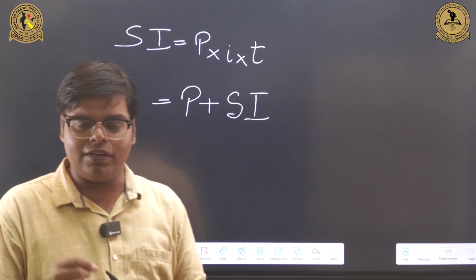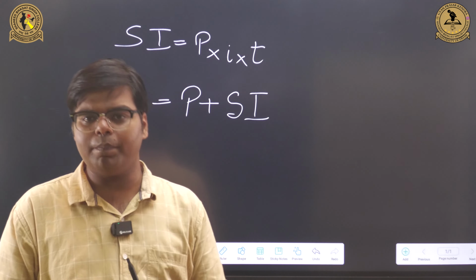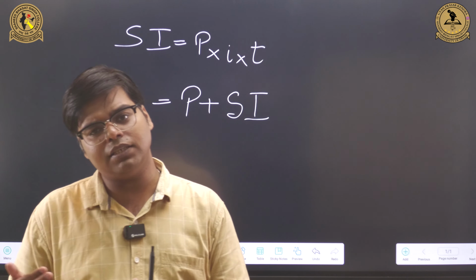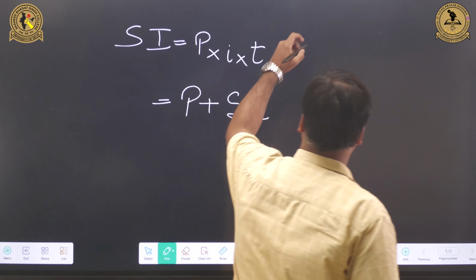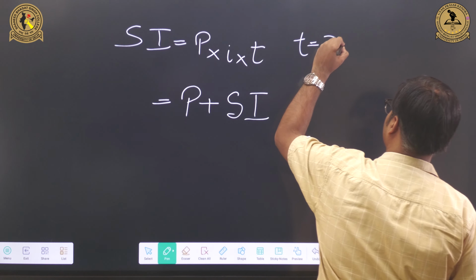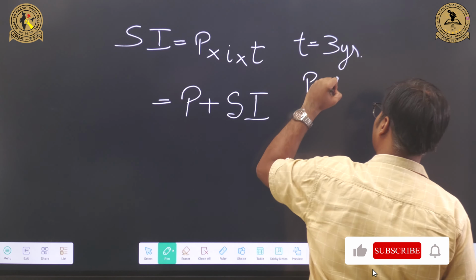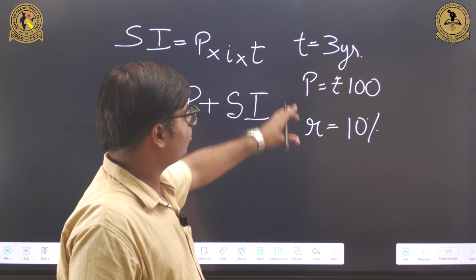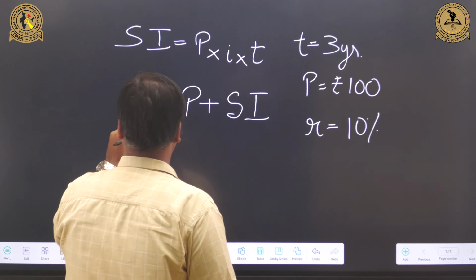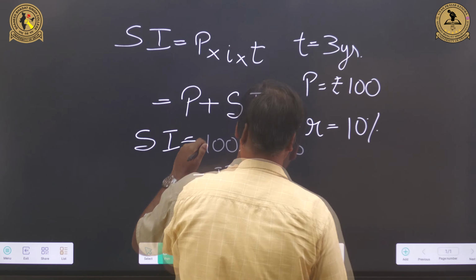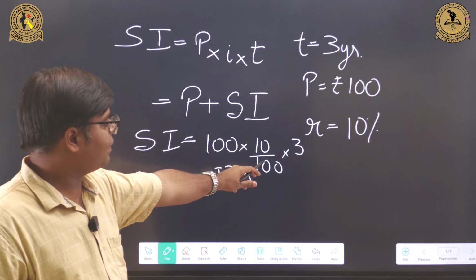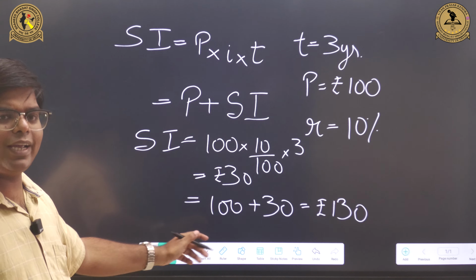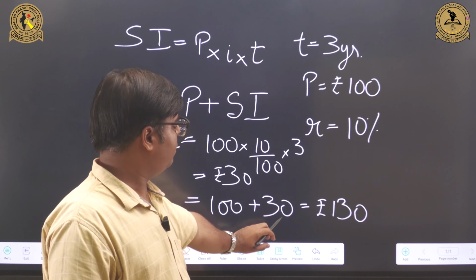Let us take a small example. If I have invested 100 rupees in a savings bank account at a simple interest rate of 10% per annum, the time period is 3 years. So based upon this information, my time period is 3 years, principal amount is 100 rupees, and the rate of interest is 10% per annum. Now putting all this information in the formula, your simple interest comes out to be 100 rupees multiplied by 10% multiplied by 3 years, that is 30 rupees. And the amount of money which you will get after 3 years will be 100 rupees plus 30 rupees,